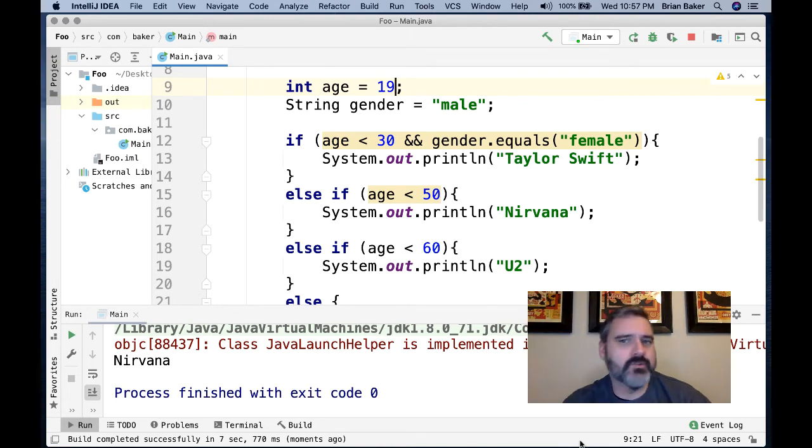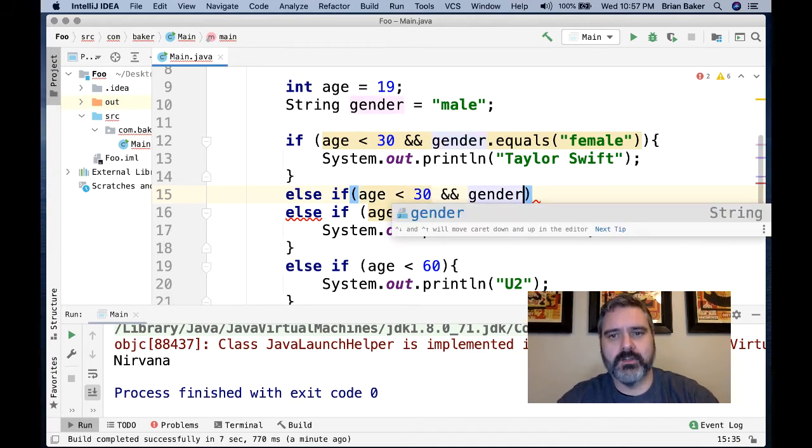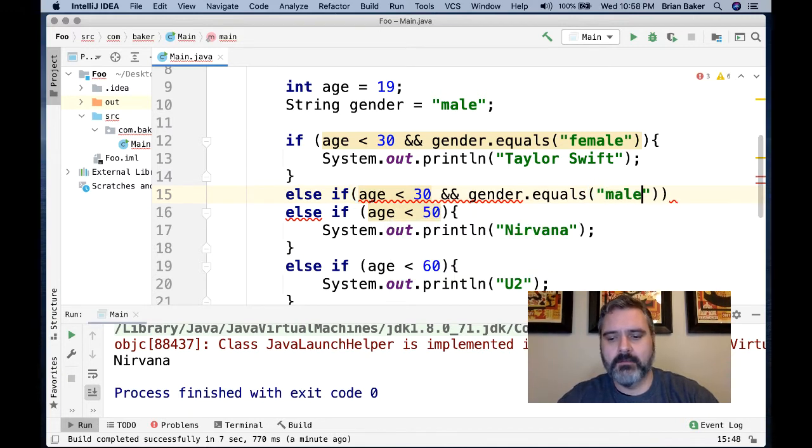So Taylor Swift didn't match, or that first if conditional didn't match. The second one doesn't check for gender. It just says so long as you're under 50, Nirvana. So they matched to Nirvana, right? Now I could put other gender stuff in other places. I could even say else if, let's see here, age less than 30 and gender dot equals male, then,